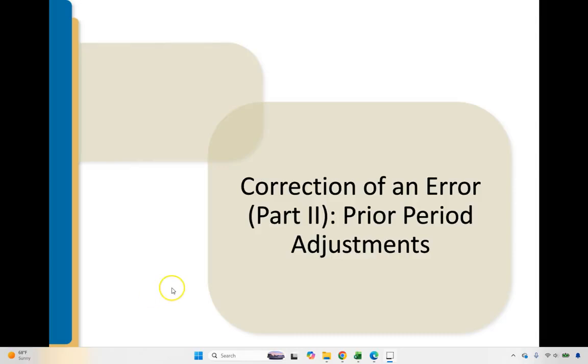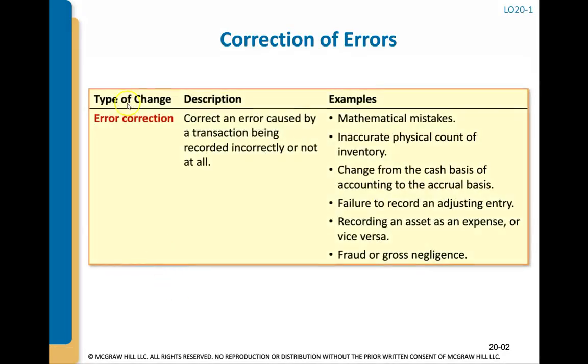Hello. In this video, we'll be going through correction of an error, part 2, prior period adjustments. Many accounting changes take place for various reasons, and one of those reasons can be a correction of an error. And that just means that there's an error, a mistake caused by a transaction being recorded incorrectly or not